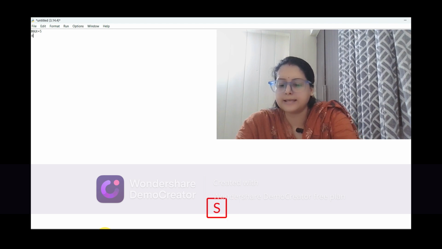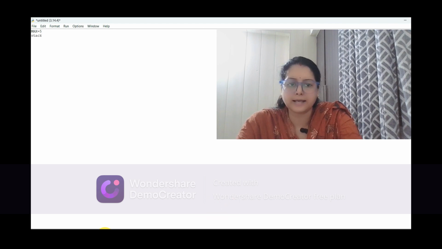Now in the next line, I am creating a stack list. A list is actually an array type structure, so we can call it a list also, we can call it a structure also. So the stack we have created over here. Now inside this stack, no value is there, we know that, but we know what our size is. So one new thing we are learning over here is how to give something inside this empty stack.